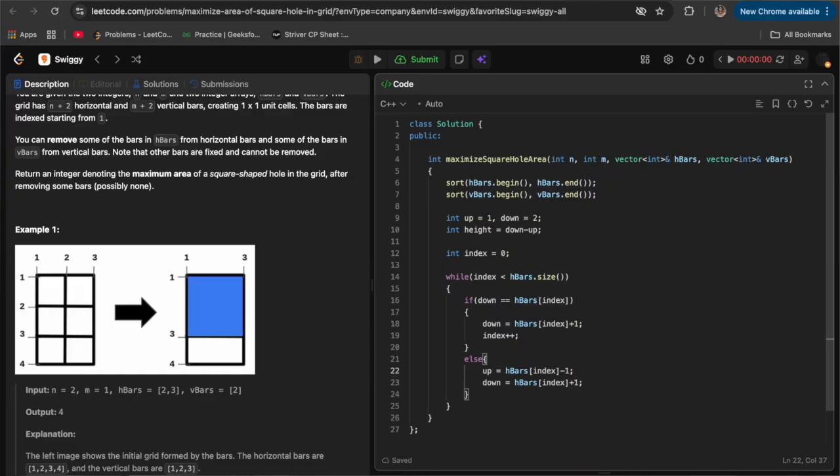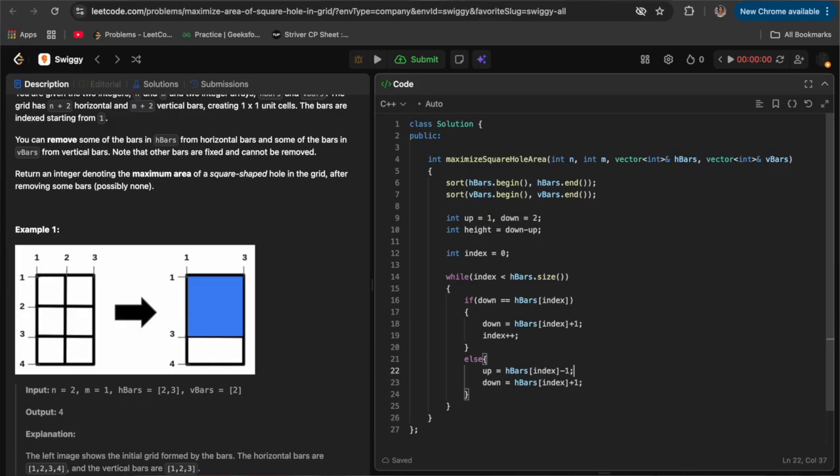So now I'm going to the bar which can be removed, that is present in h bar at that index. If I go to that bar's next index, I don't know whether that can be removed or not. So I am assigning my down to the next bar, and